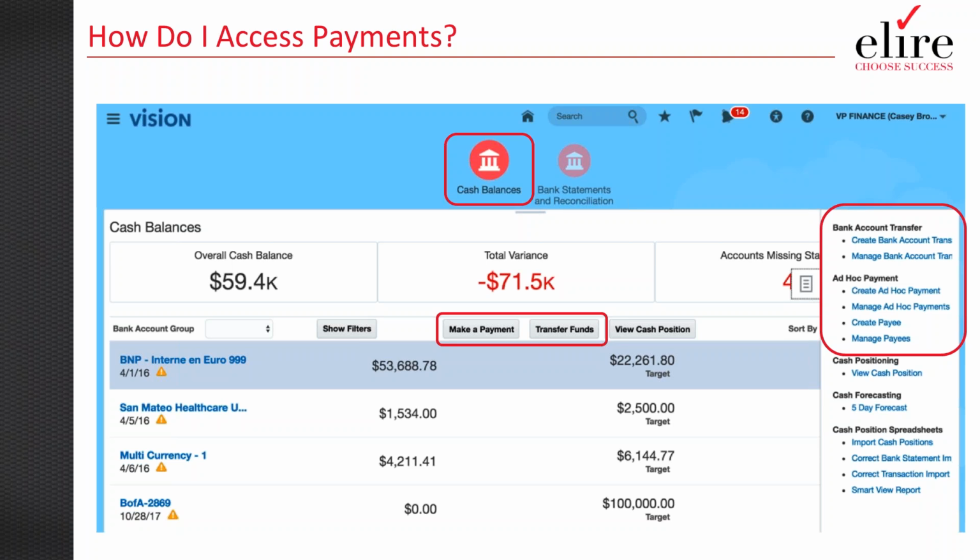For most users, if you go over to the right-hand side, you can select that little navigator bar, and that expands all of the functionality that's available within cash balances. What we specifically have highlighted for the point of today's conversation is the bank account transfer and the Ad-Hoc payment functionality. So we'll quickly review those 2 items in a little more detail.